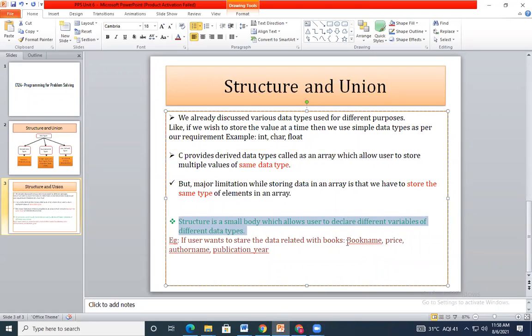Under this book structure, you can define the book name which is of type character, the price which is of type float, the publication year which is of type integer value. Okay, under this book body or book structure.